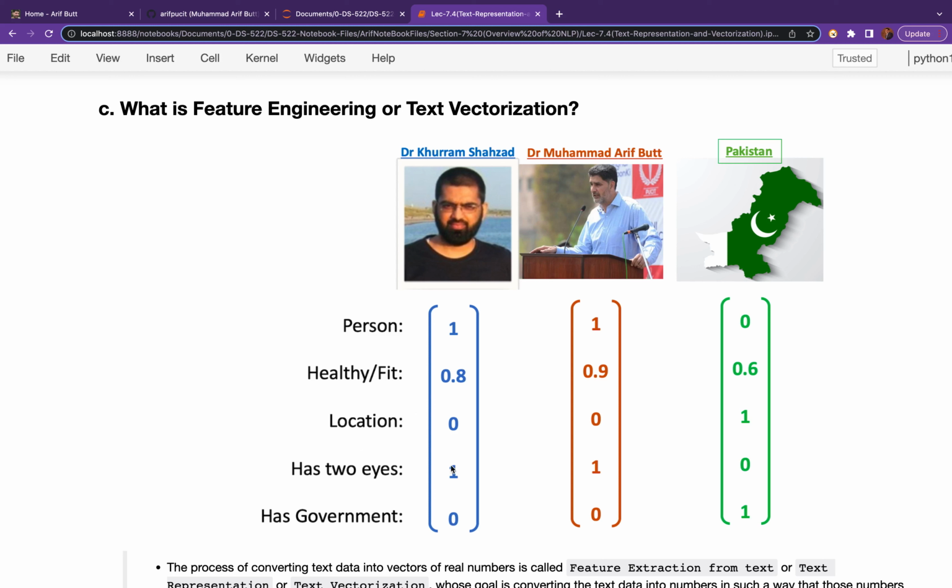So this blue vector is representing the text Dr. Khurram Shahzad. This red vector is representing the text Dr. Muhammad Arif Bhatt, and this green vector is representing the text Pakistan. So what is feature engineering or text vectorization? After the what part, the next question is, why do we need to represent a word or phrase as a vector of numbers? My dear students, one possible answer is we cannot feed text to a machine learning algorithm, and